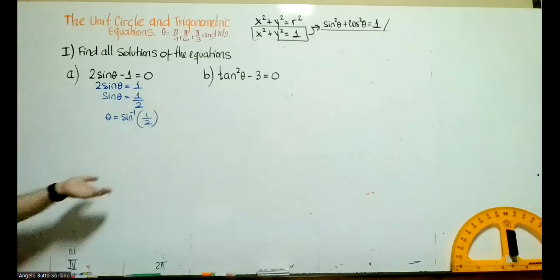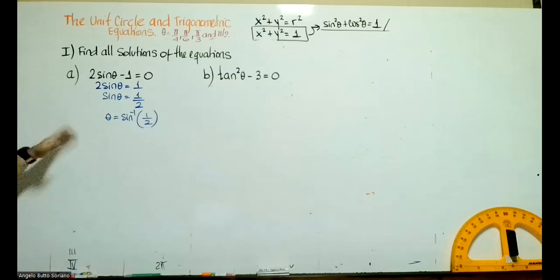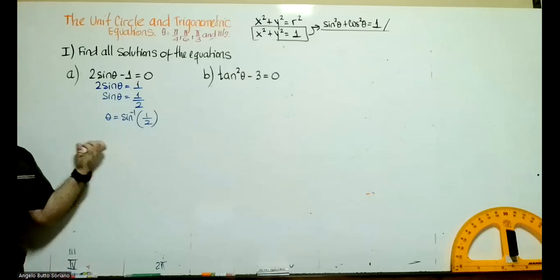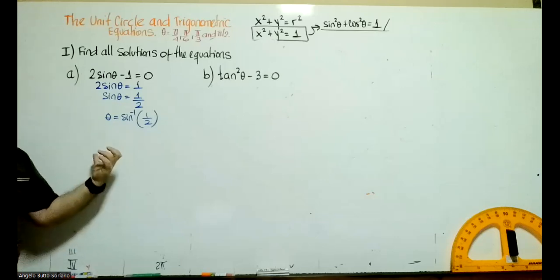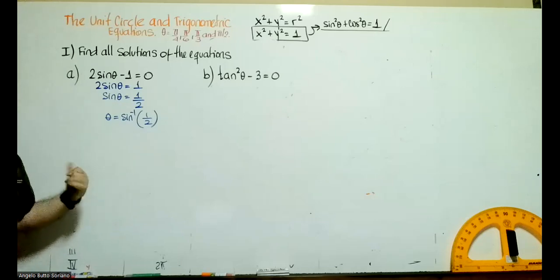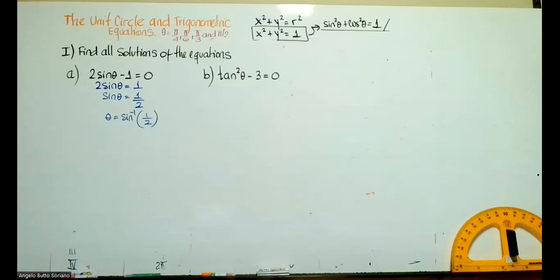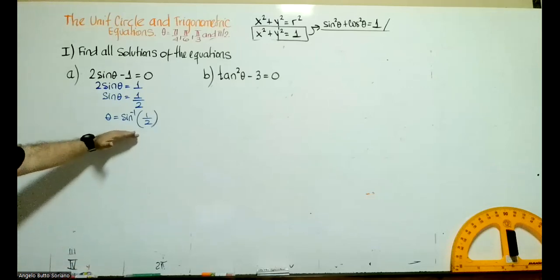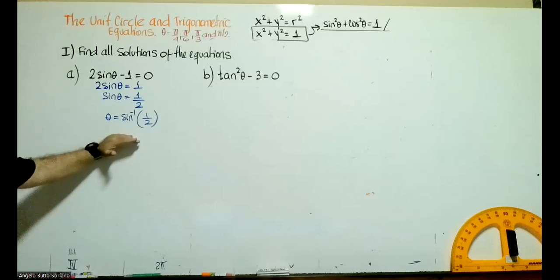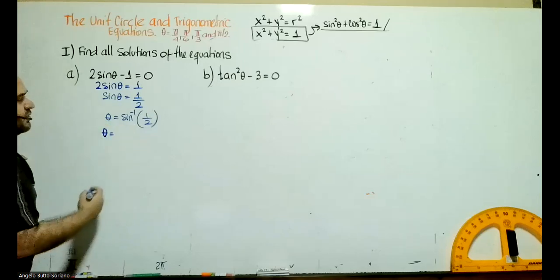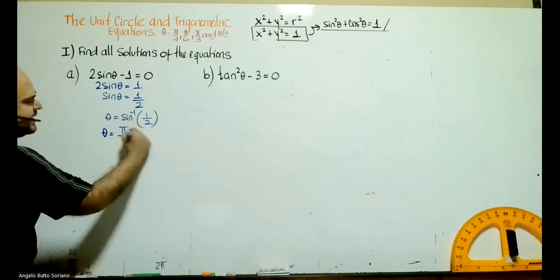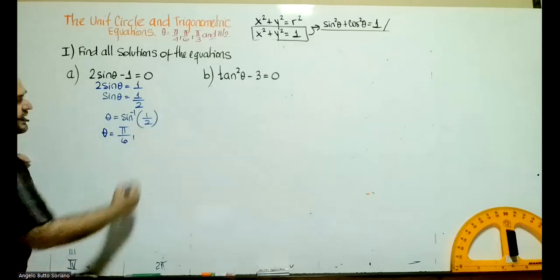This is the moment of truth, because at this moment you already know what the values of the angle are that make sine of theta give us 1/2. Basically, because 1/2 is positive, we're going to obtain two solutions, because sine of theta is positive in the first and second quadrant. For that reason, the angles located in the first and second quadrant are given by pi over 6 and